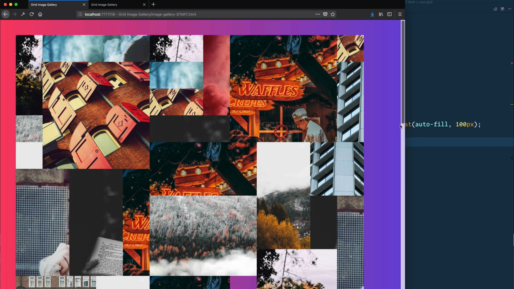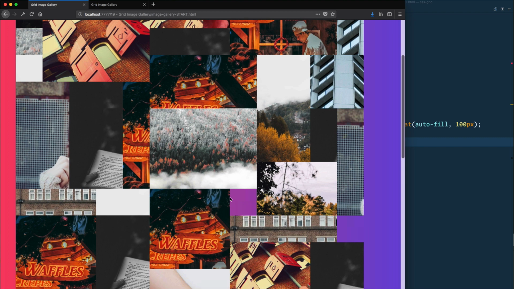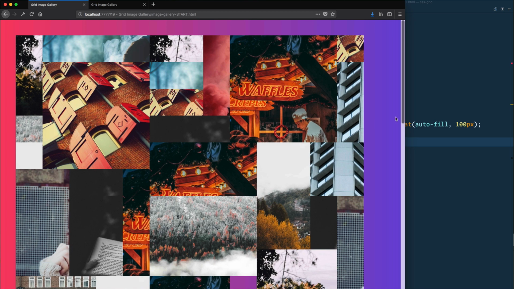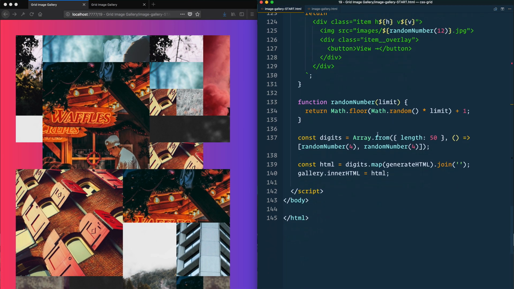But if this was like a WordPress blog where you were having a bunch of blog posts, what I would do, and that's what we're going to do here, is we're going to load it up with a bunch of extra 1x1s so that they'll all fill themselves in. So let's go back to where we generated all this HTML in our JavaScript. And that was right here. We're just going to concat an array, and inside of that array, we're just going to concat a bunch of new arrays that are just 1x1s. So take that and